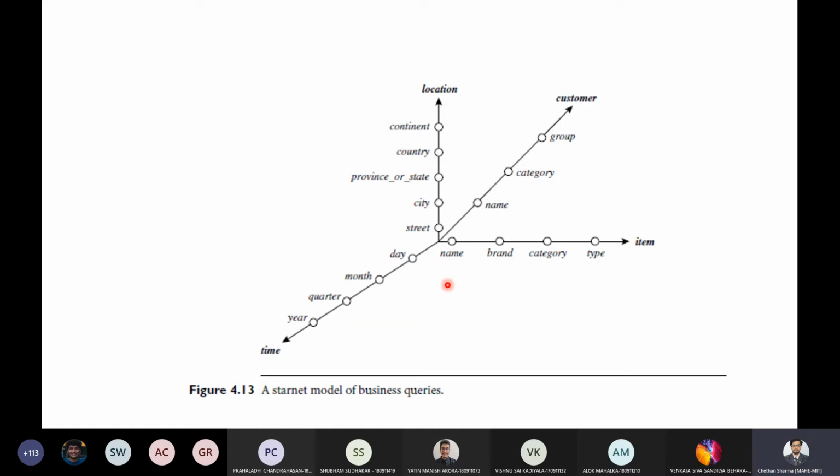Okay. So these concept hierarchies are in general used to generalize the data by replacing low level values by higher level abstraction. Or they can also be used to specialize the data by replacing higher level with lower level.